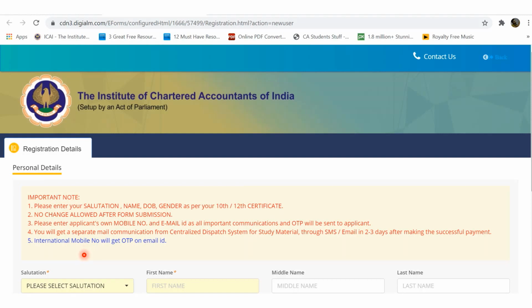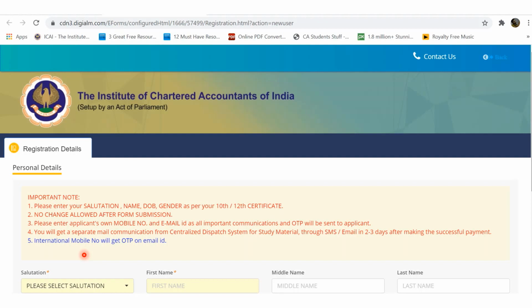If you are registering from India, in that case the OTPs in this entire process will be generated and sent to your mobile number as well as your email ID, which you have provided to the institute, or which you will be providing to the institute now. And if you are an international student not staying in India and interested in doing this particular course, in that case the institute will not send the OTP to your mobile number, but will send the OTP to your email address only. So for all those who are registering for the CA Foundation course from Indian territory, the OTP will be sent to your mobile number as well as your email ID. For anybody registering from outside India, the OTP will be sent only by email.